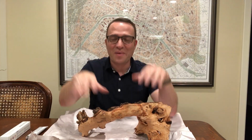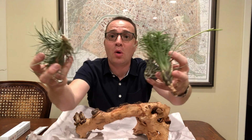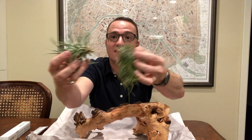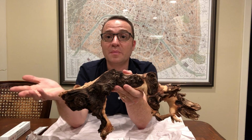Hi everyone, I'm going to show you guys what I'm going to do with my tillandsias. So I have a whole bunch of airplants and I got sick of having them all loose because I have a lot of them. So I'm going to mount them on a piece of, this is actually a piece of grapevine. I actually was looking for a piece of driftwood